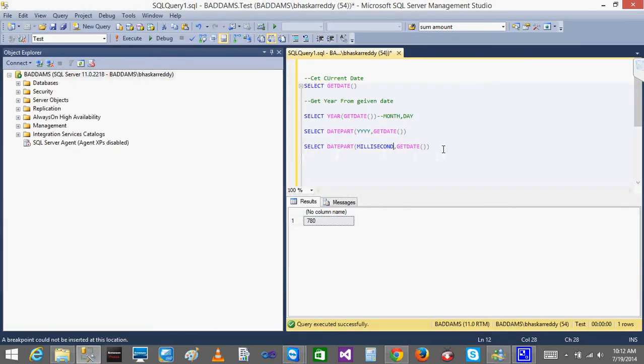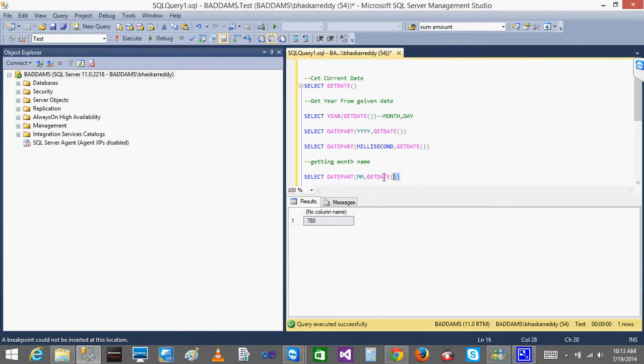So I'll explain. This is for getting the year. And next, how to get the month name. So how will you be using it? First I'll get the month from that. So how to get the month? Select date part, and what is the month? I'll just write comma. I think M is the month. Yeah, let's try. Get date.